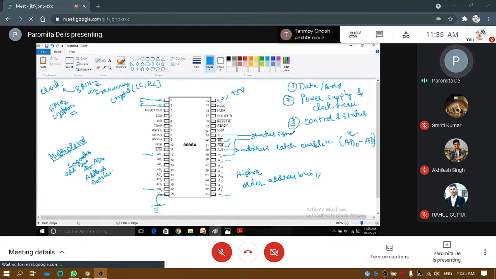So its status, whether it is 0 or 1, will say various things about the operation that goes on. But when we are doing small programs, then S0 and S1 generally doesn't matter. Then, like I said, there is an input, output, or memory. This will decide whether this is an input output operation.